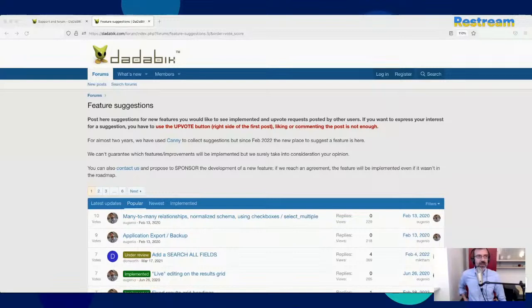But at the same time, again, even in this case, I'm not sure how to do something in the middle, because the perfect solution for a new user would be to have everything in one page. So you create a table, and then for each field, you define also the DaDaBIK parameters.